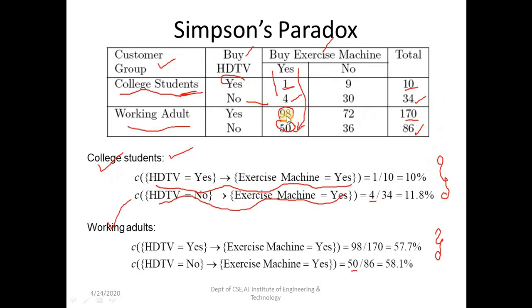So the support counts of the second table sum up to the support counts of the first table. The rules suggest that for each group, customers who do not buy HDTV are more likely